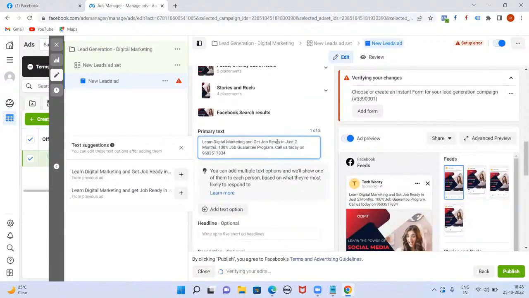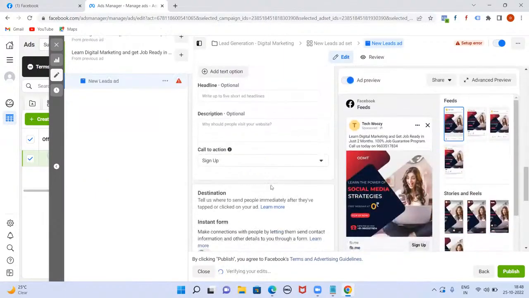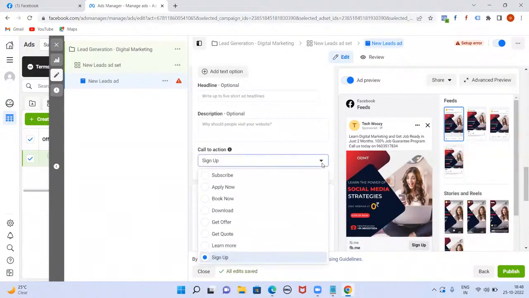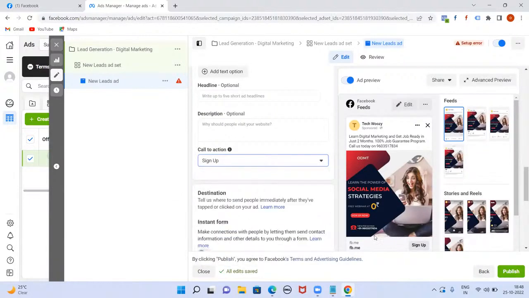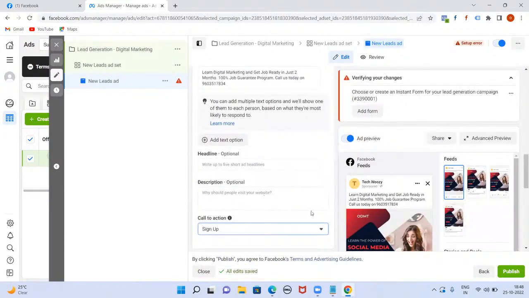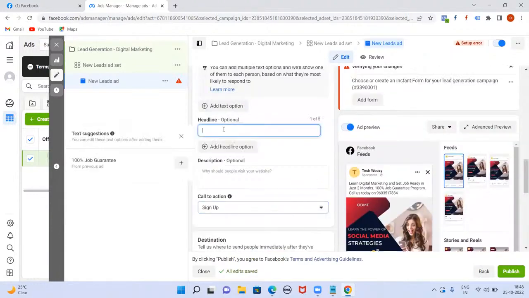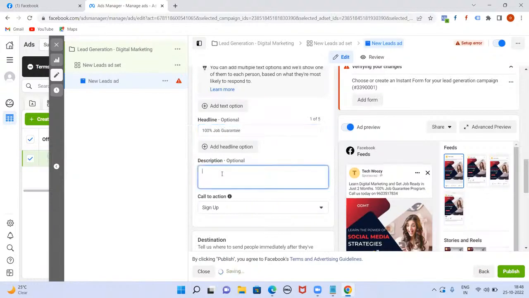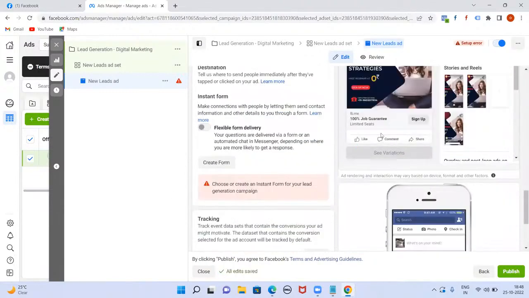Keep on writing, you'll be very fast anyway. And here, call to action. What kind of call to action you want to give? It's up to you. Sign up or apply. Sign up is more suitable so that they will fill in the details here. Here headlines and description. 100% job guarantee. Limited seats. Creating urgency here. Yeah. Everything is the same, we've done, but only one thing is different: